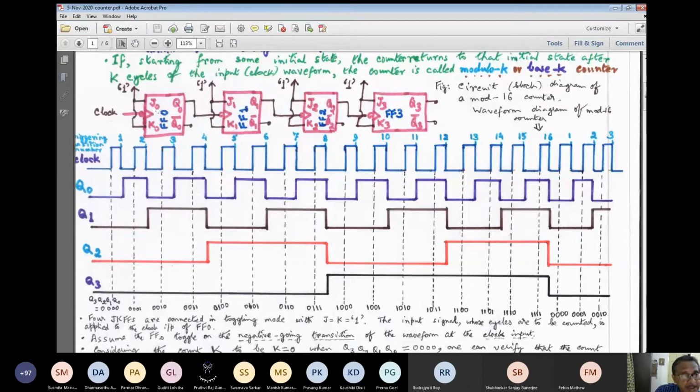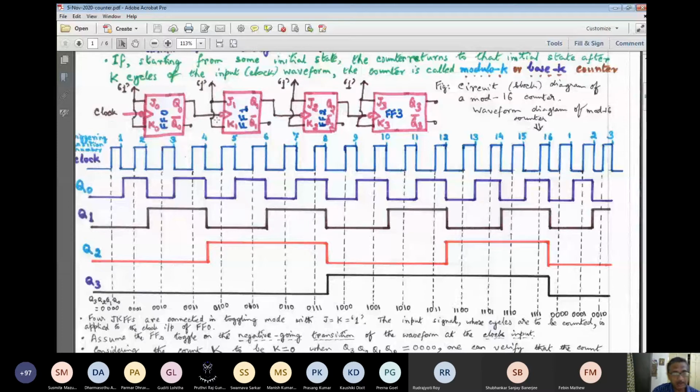So you see that binary counter means what? When the modulus or base is a power of 2. So this is an example of a binary counter. Its modulus is 16. 16 is a power of 2, fourth power of 2. We can also generate a modulo 8 counter by putting 3 JK flip-flops in proper cascade and making the proper interconnections. Clear? So I believe that this waveform should be clear to all of you, is it not?